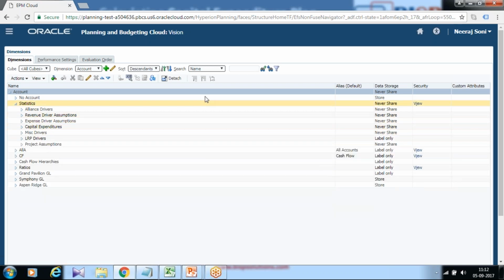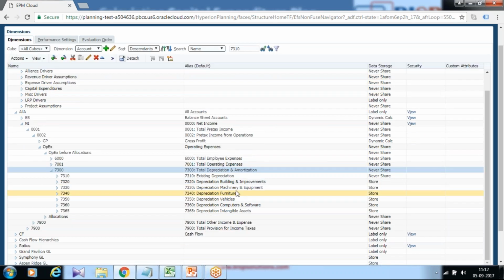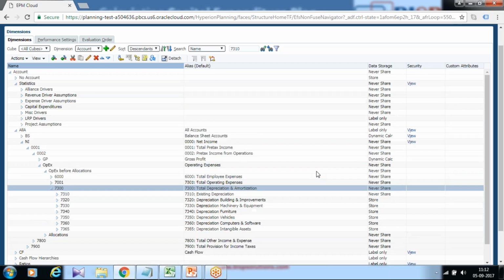Once depreciation is done, it would be stored under the net income member. The parent member is total depreciation and amortization. So depreciation expense would be stored over here. So now you understand the dimension structure.